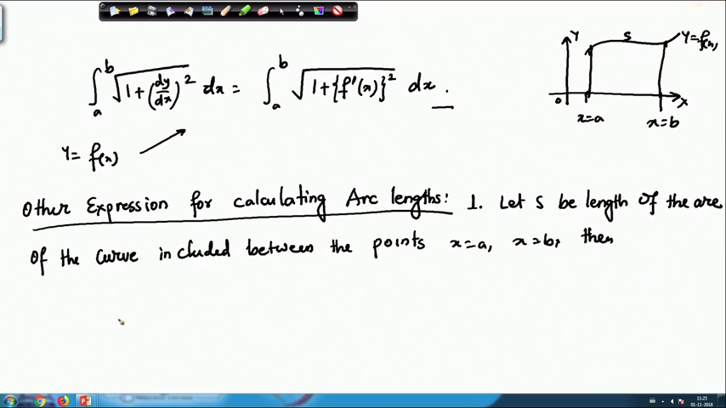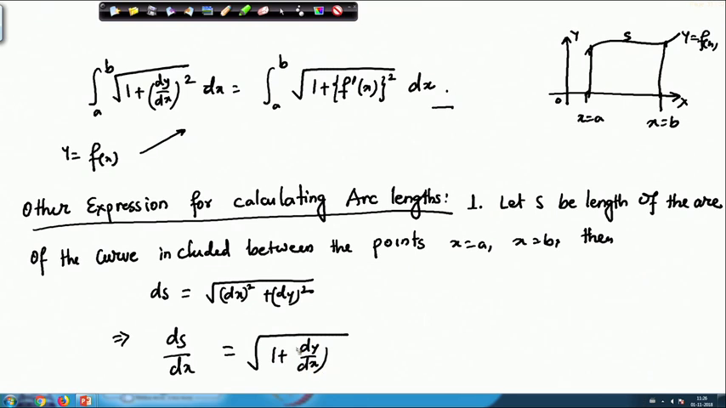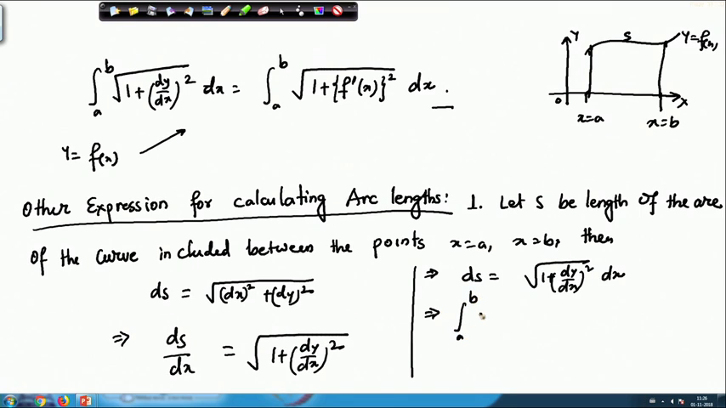Then what will we have? We know from coordinate geometry and from differential calculus that ds equals the square root of dx square plus dy square. So, this is something we already know. So, we can write ds by dx equals the square root of 1 plus dy by dx whole square, and from here we can also write ds equals the square root of 1 plus dy by dx whole square times dx,